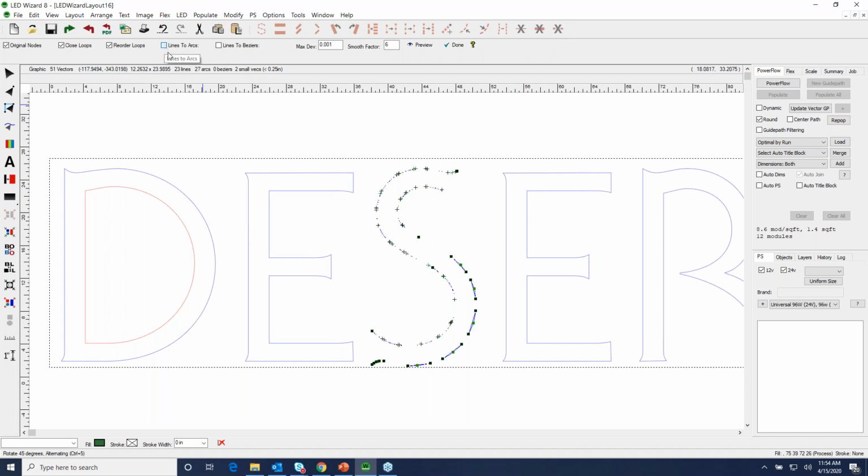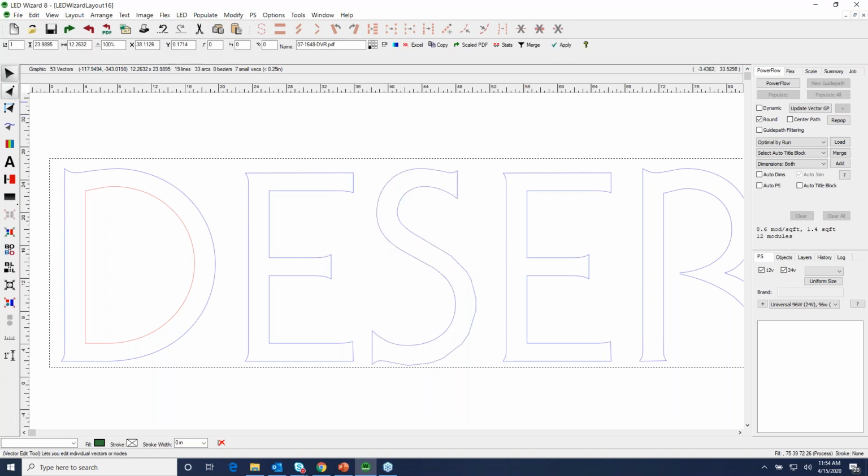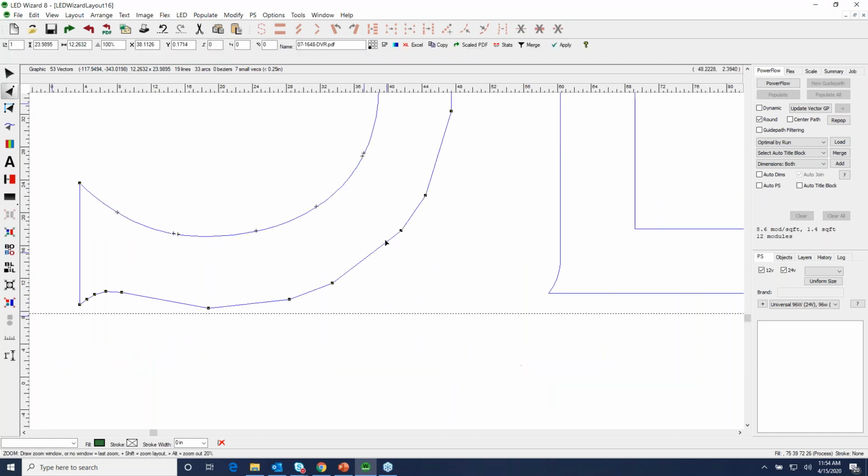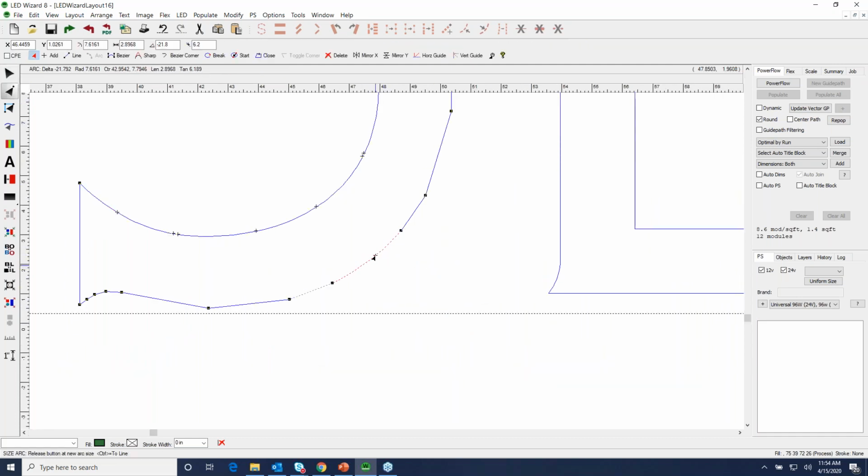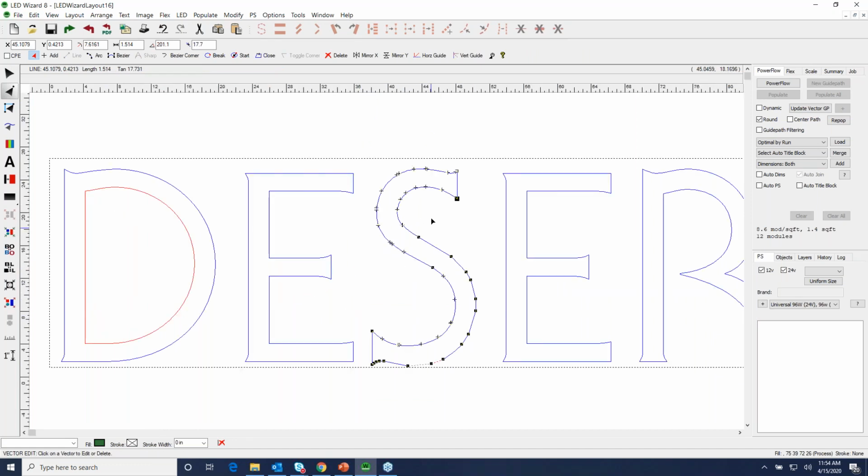I want to do lines to arcs. Okay, lines to arcs. Now I've created, it's just getting worse. There we go. So my point was that you could take that original file